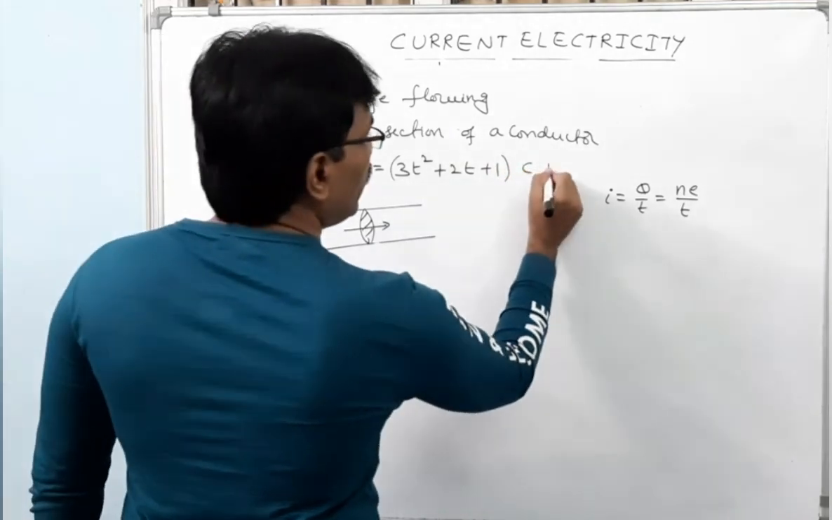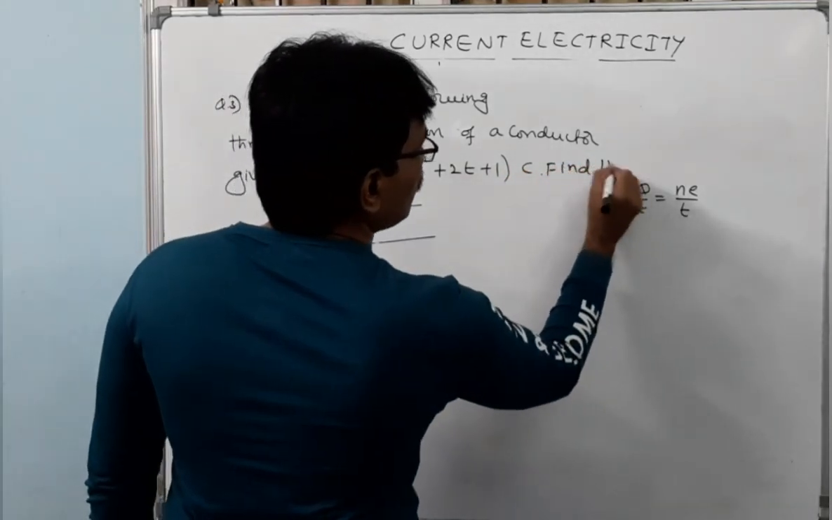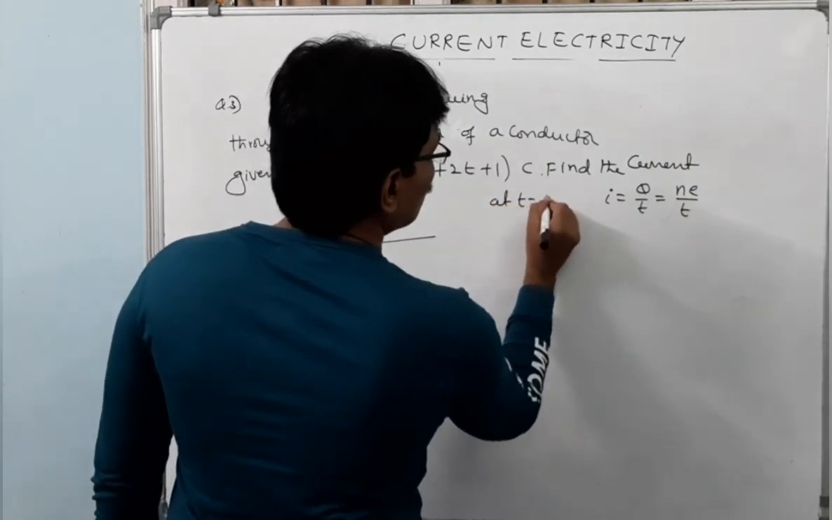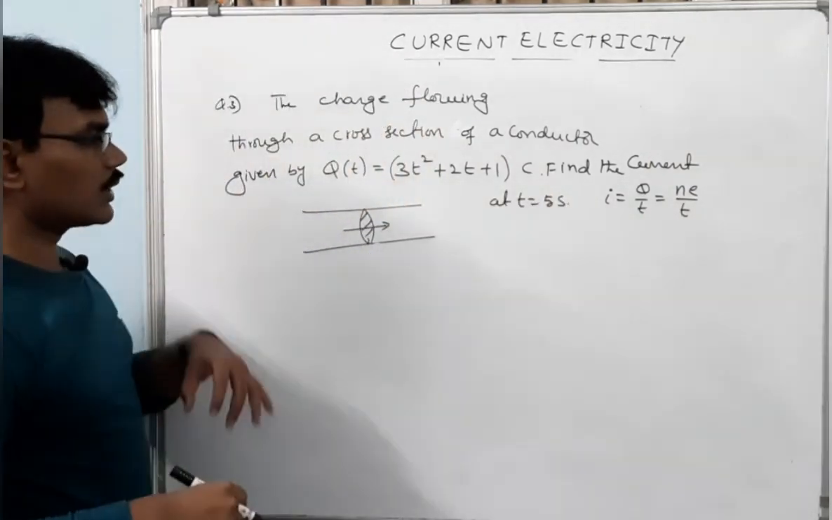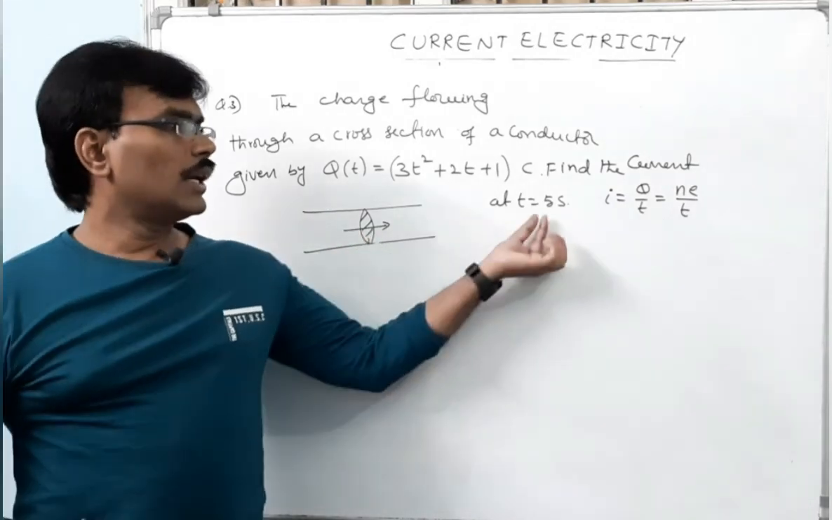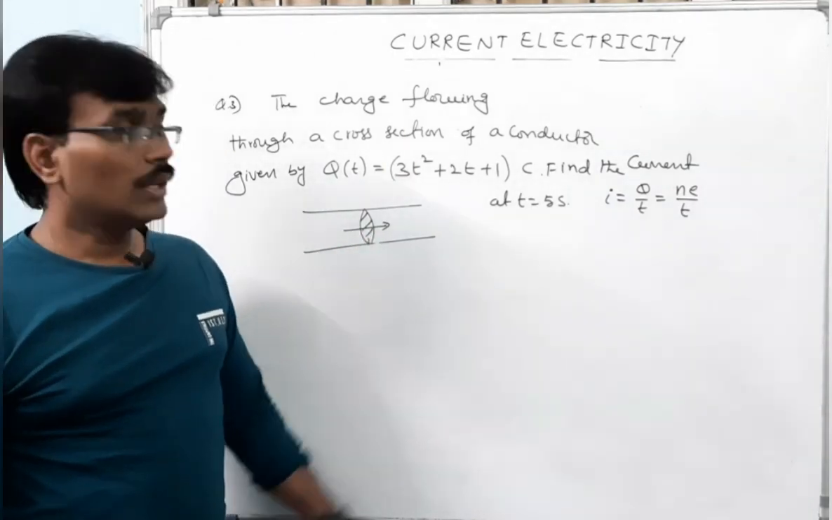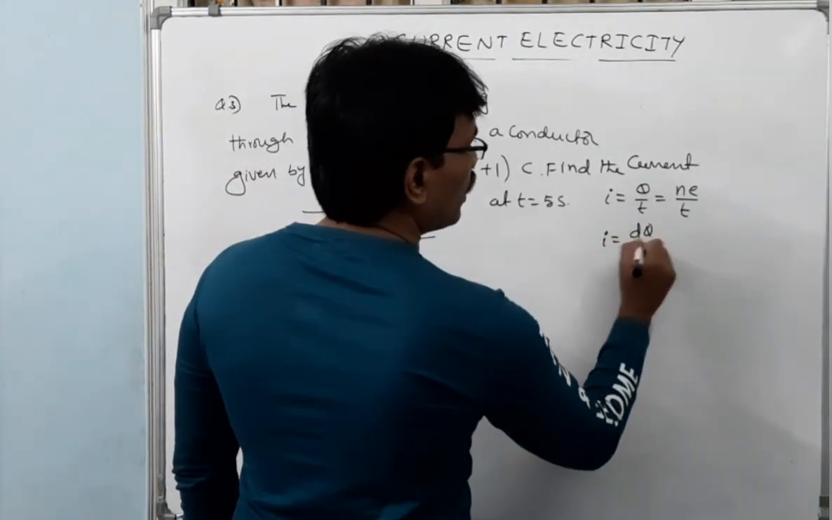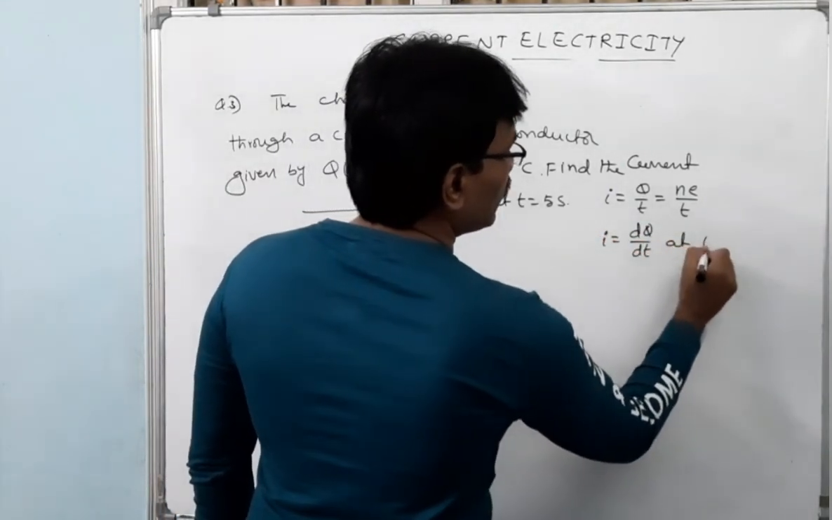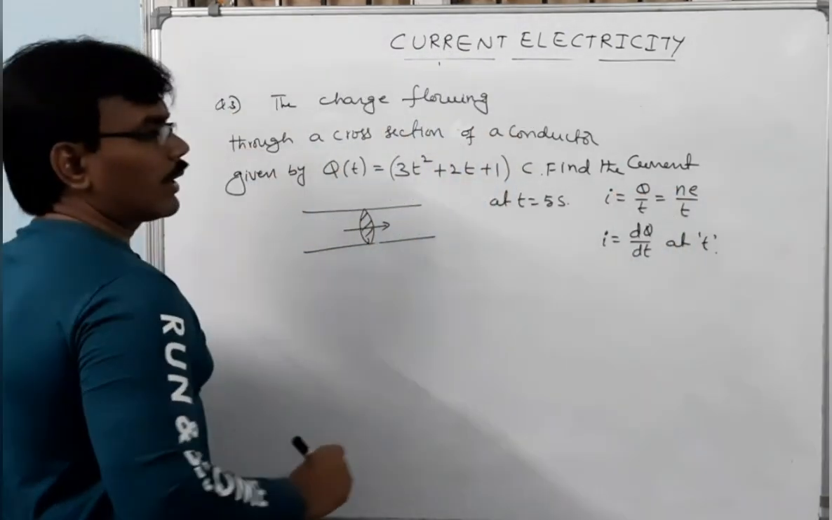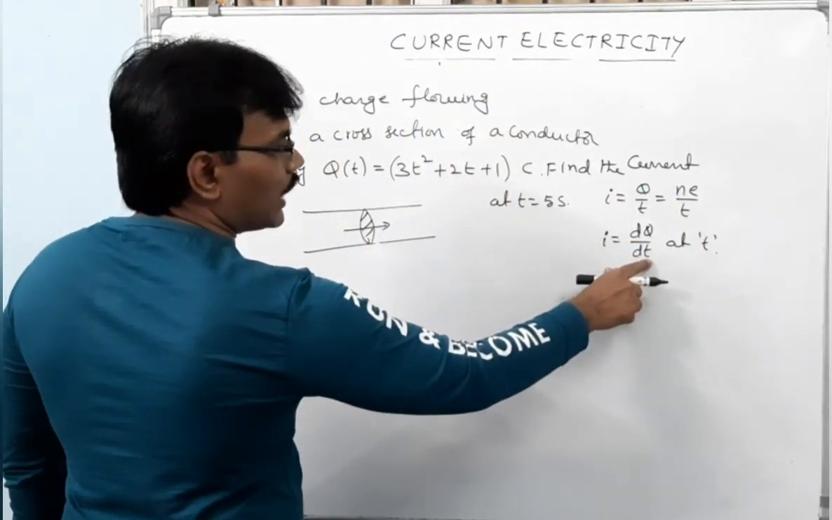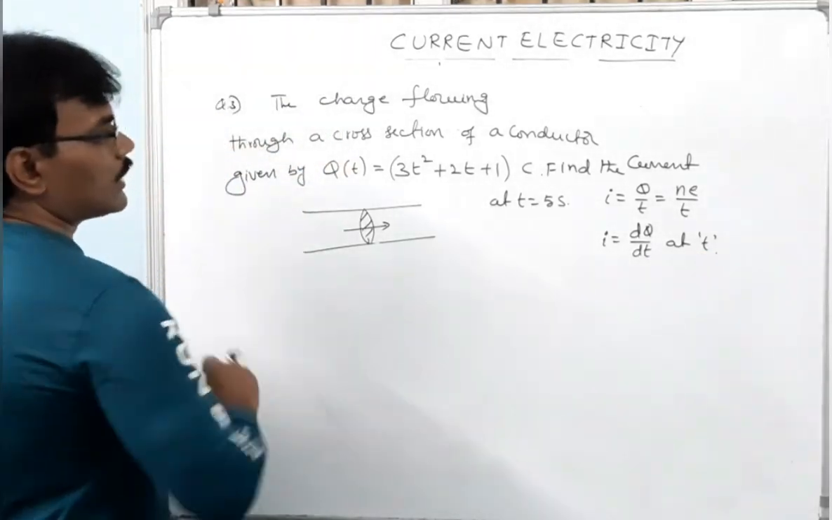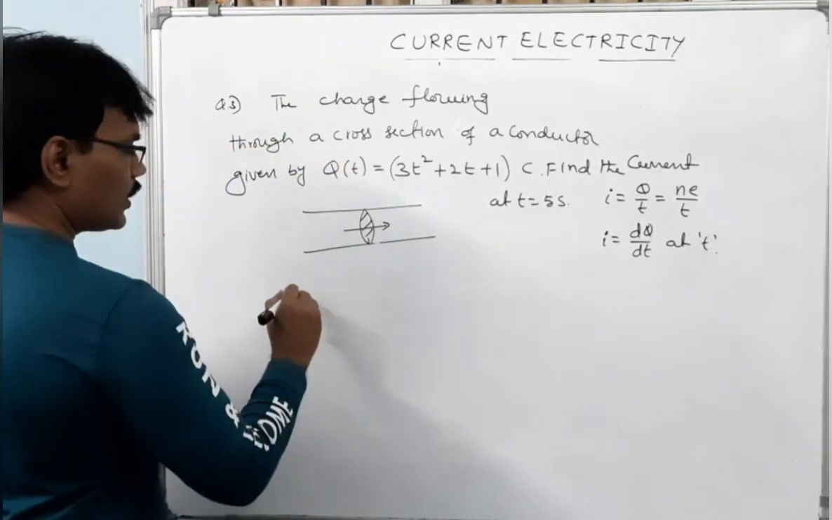Now find the electrical current through the cross section at time t equals 5 seconds. I am interested in the current through that cross section at t equals 5 seconds. At a particular point of time we calculate the current by applying the formula dq upon dt. Whenever q is changing with respect to time, the current is defined at a particular point of time t. So the instantaneous current, or current at t equals 5 seconds, is now